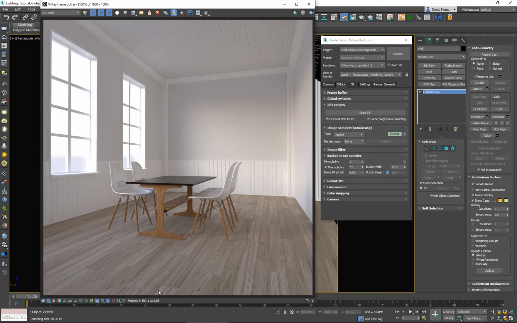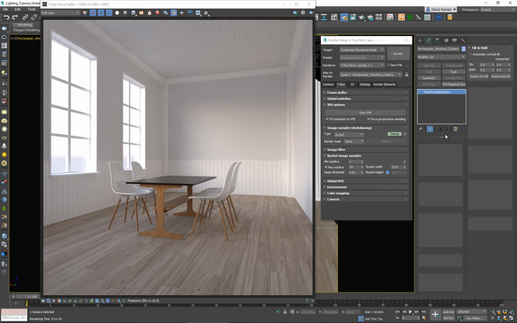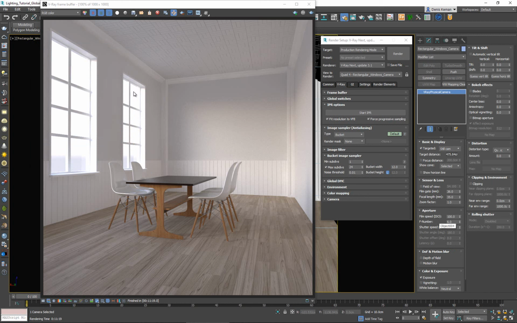So what is the problem that we are still having for these higher than average render times? Well, another thing that can ramp up your rendering time is if your image is a bit overexposed. So what this means, from what we saw in the previous videos of the Vray Lighting Course, is that you can change the way your scene is lit by changing the parameters of the light or the parameters of the camera. For example, if we select the camera on the side here, we can change how much light comes into the scene